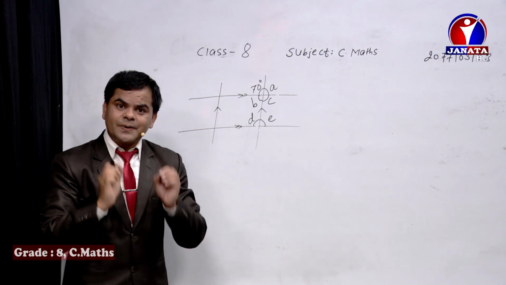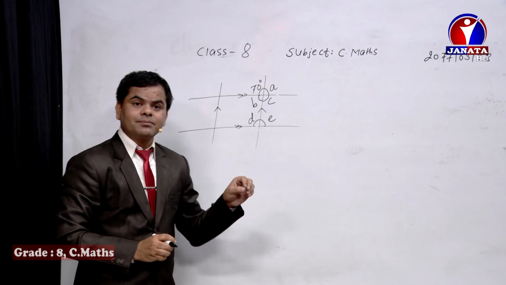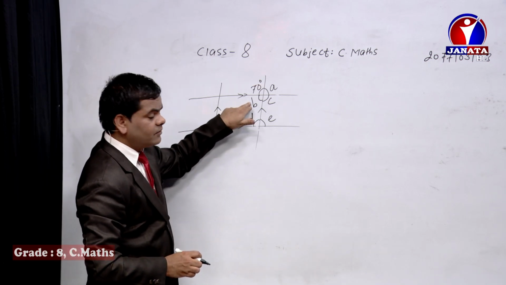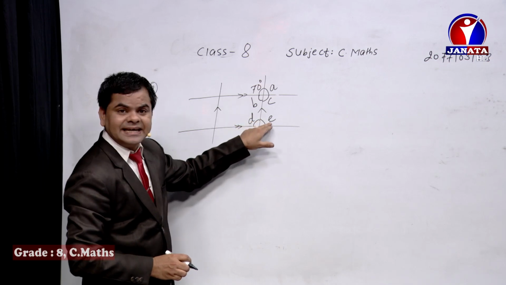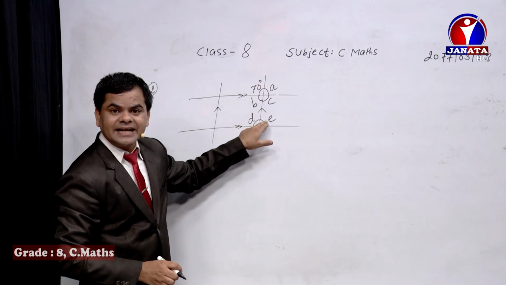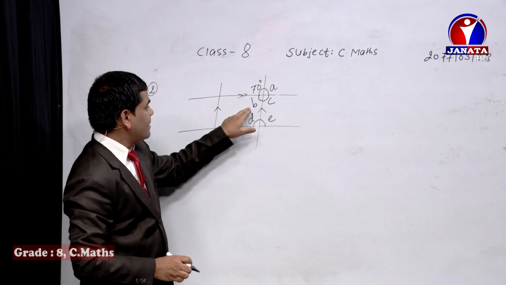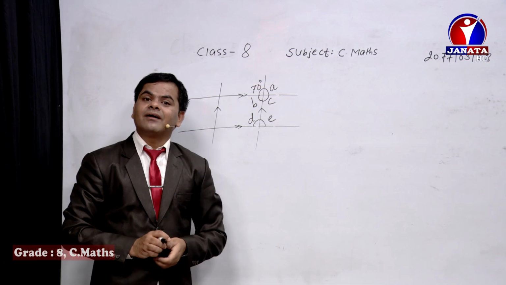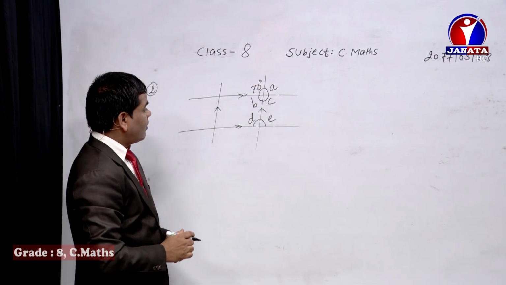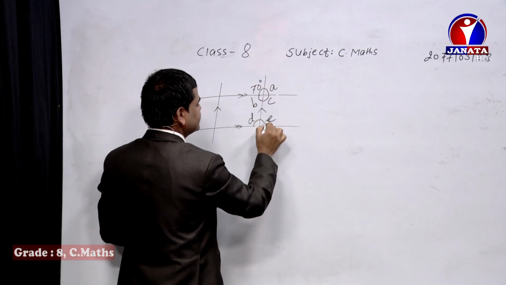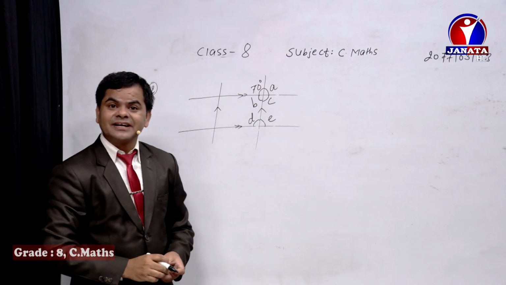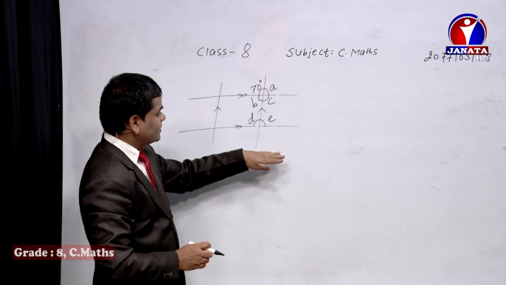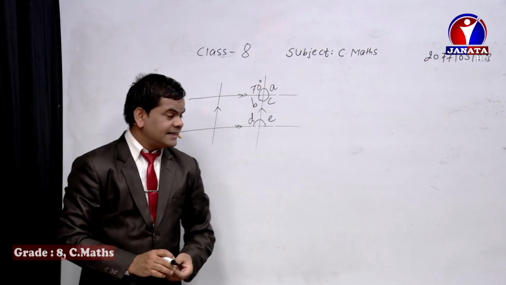The shortest way of finding out the value of E is, as we have already found the value of B, now you can compare it with E. They are interior alternate angles and they are equal to each other. As we have got the value of B already as 110°, this one also becomes 110°. That is one way. Or you can compare A and C. They are corresponding angles, they are equal to each other, and we got A's value as 110°. As a result, E's value also becomes 110°.